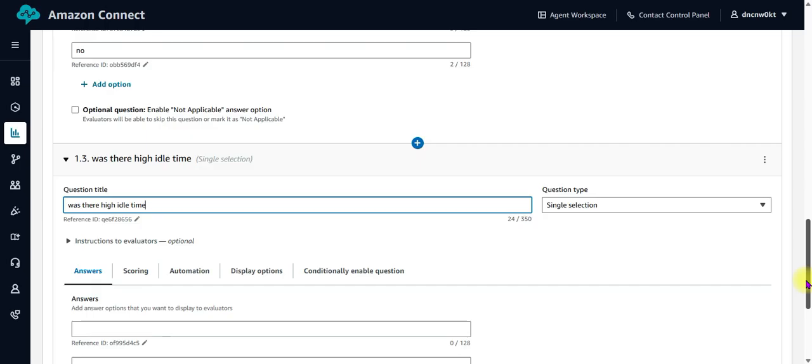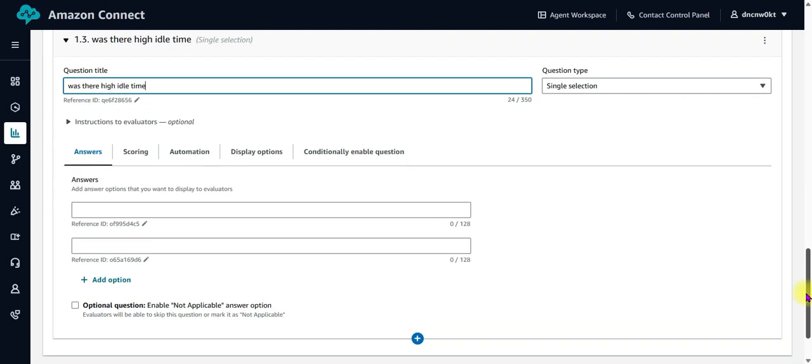If it's 45 seconds with no speaking between the customer and agent, probably not a good thing, but you can define a rule that says, okay, if there's no interaction for 45 seconds or 60 seconds, then you know the idle time was too high. So just keep that in mind. Was there high idle time? Yes,